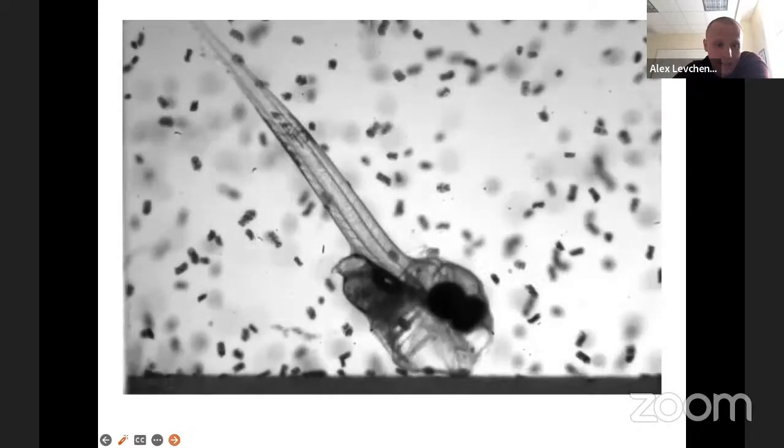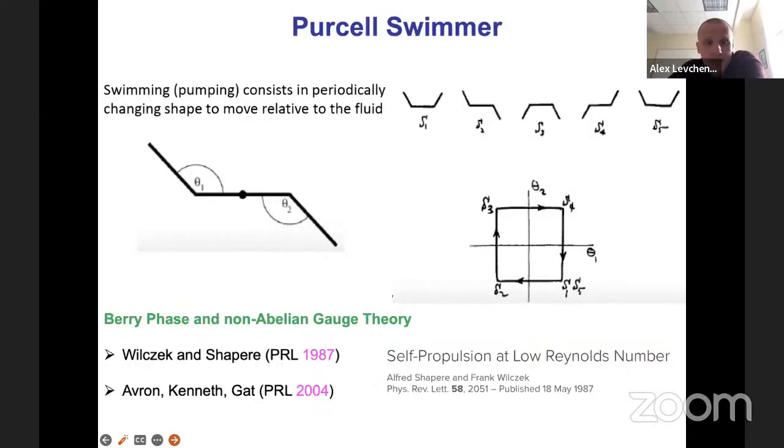Now in his article, Purcell discusses that in order to swim you actually need at bare minimum 2 degrees of freedom, and he discusses this really beautiful example of the swimmer doing certain cycles. Let's say we have a swimmer with some initial position with, let's say, arms up, and we do a cycle by changing angles in such a way that we return at the end of the cycle to the same position. Then in parameter space of these angles, we form a loop, a closed cycle, and it can be proven that the displacement of the swimmer would be proportional to the area enclosed in the cycle.